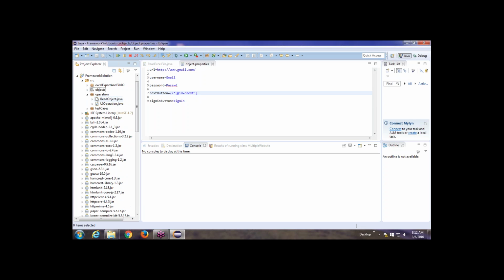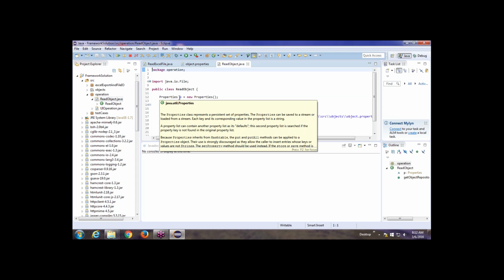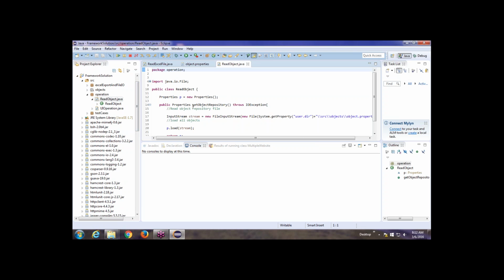Now operations. Operation means there are two things here. Read object file: whatever objects we are storing in this object.property section, we are reading through this file. For that, we had created one property object, Properties p equal to new Properties. Then get object repository, throws IO exception, and this is our input stream, stream equal to new FileInputStream, System.getProperty